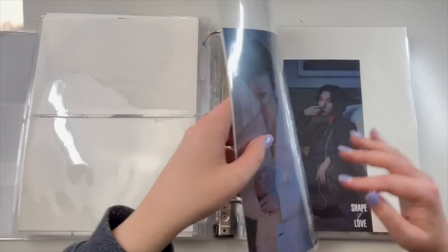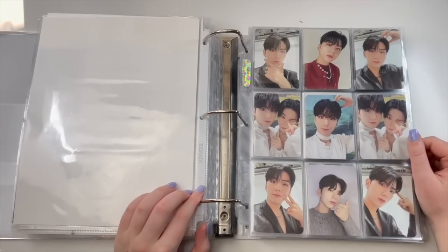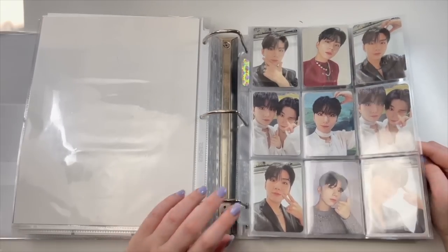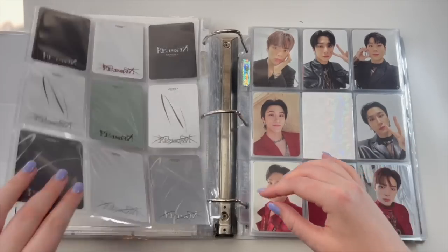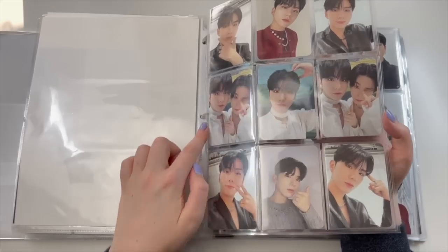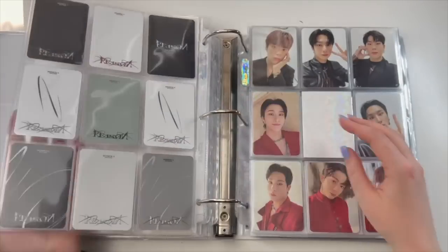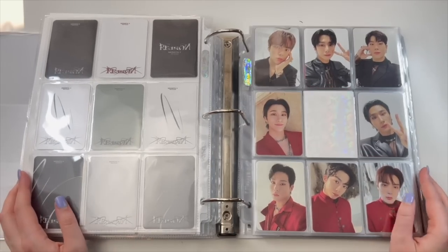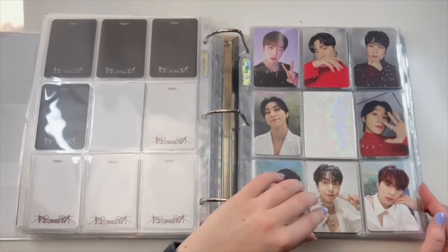And then here's the posters. And then we move on to Reason, which is the most recent era. So I stored Kihyun the same way, him separately with the Chungi unit card actually on both sides because there were fewer cards this time around, for album cards at least. So yeah, these are the rest of the members' cards,